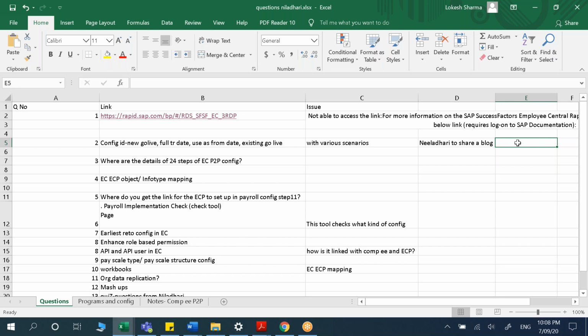If you are putting the go live date, suppose you're going live with the month of 1st of January 2020, and we do not want to replicate anything because it's a completely fresh implementation, then you can use the 1st of January 2020. But I have seen mostly people use 01.01.1900, similar to EC. In any of the objects, the start date is mostly put like 01.01.1900, so that you can then filter it out.